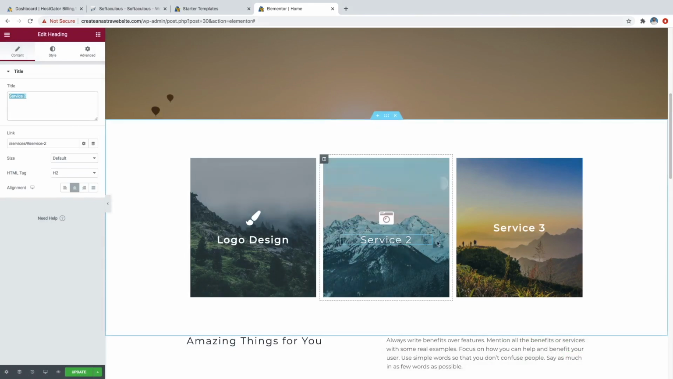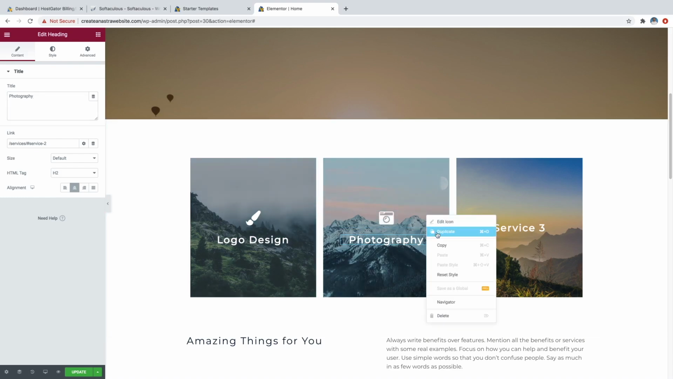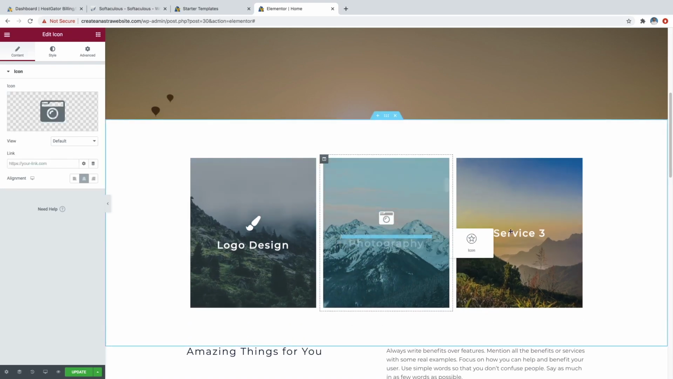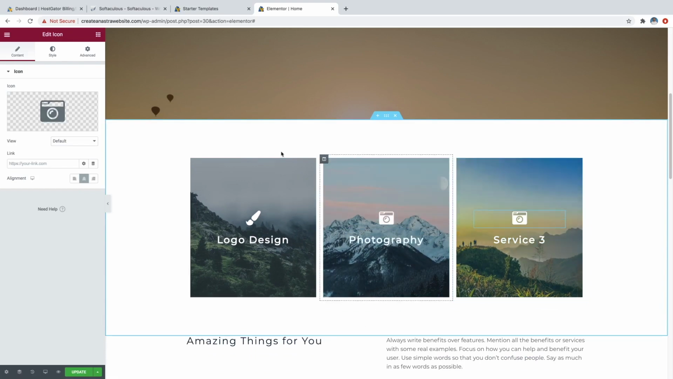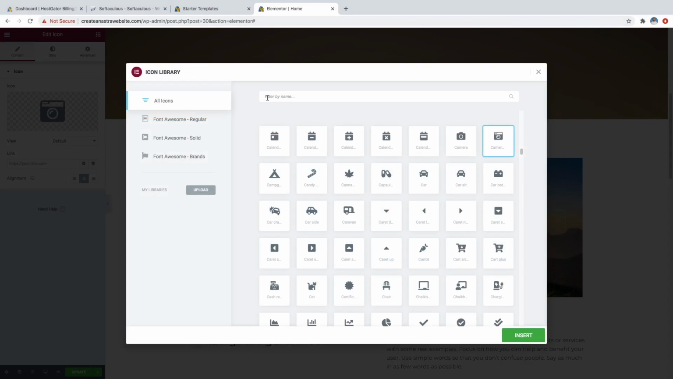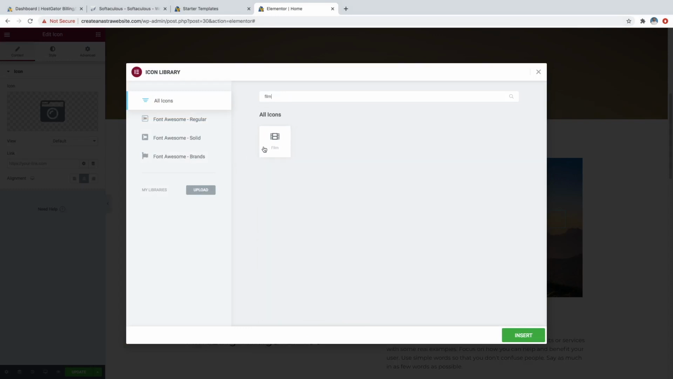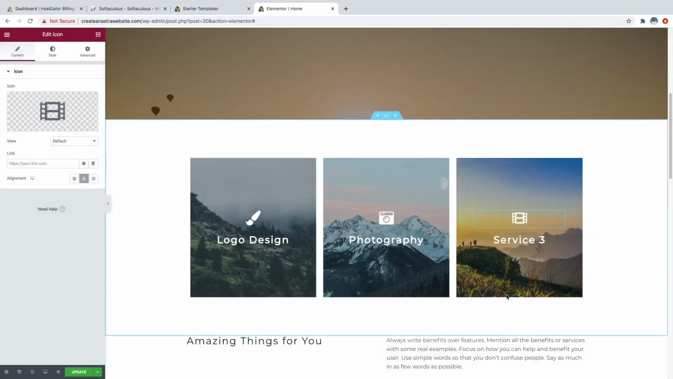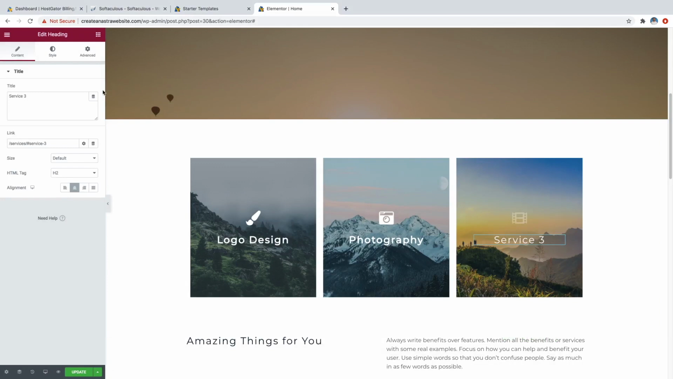Or I can do it up here. Either one, you can click or you can do it up here, and I'll just do photography like that. And then again, I'm just going to duplicate this and drag it over to service number 3. I'll change that icon, maybe something like video. So I will do maybe film, grab the little film strip, and then I'll click on insert, and then I'll just change this text to something like video editing,